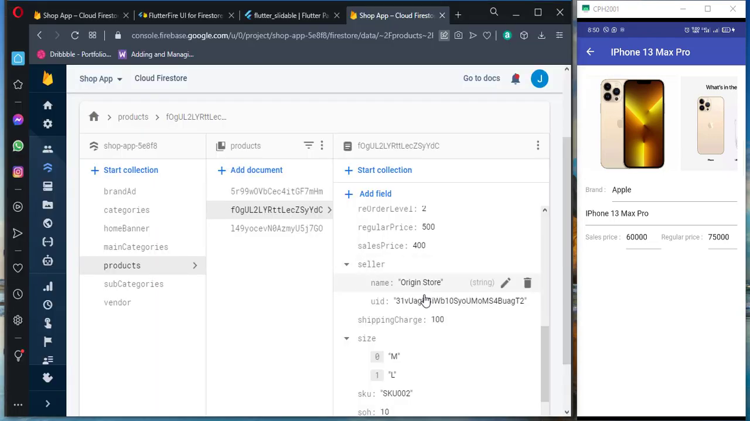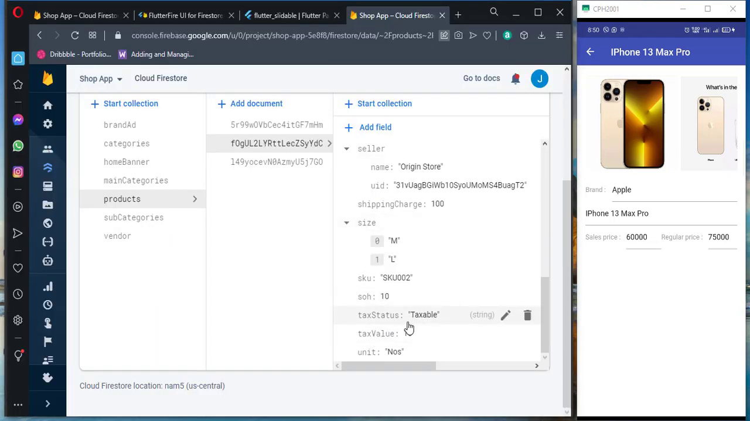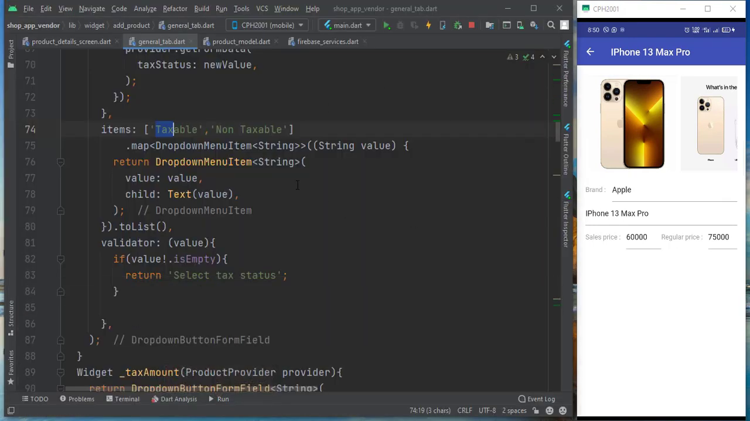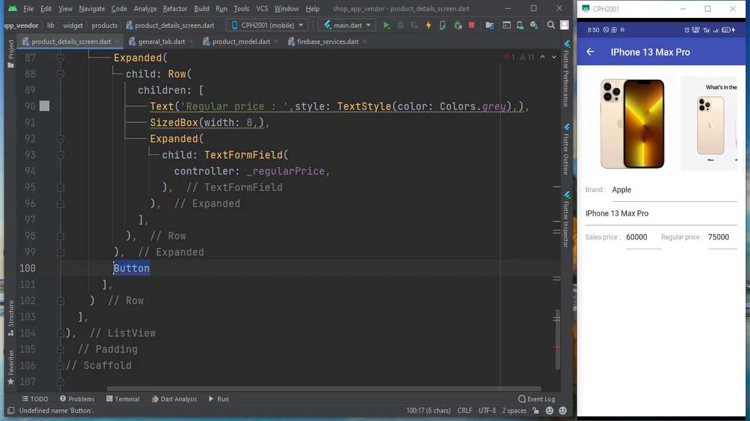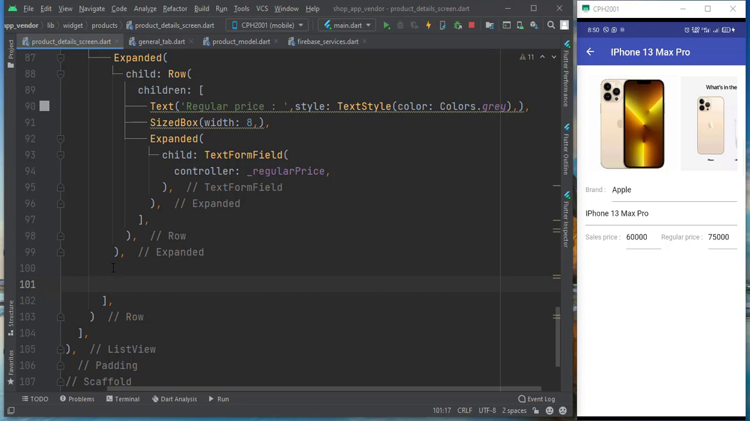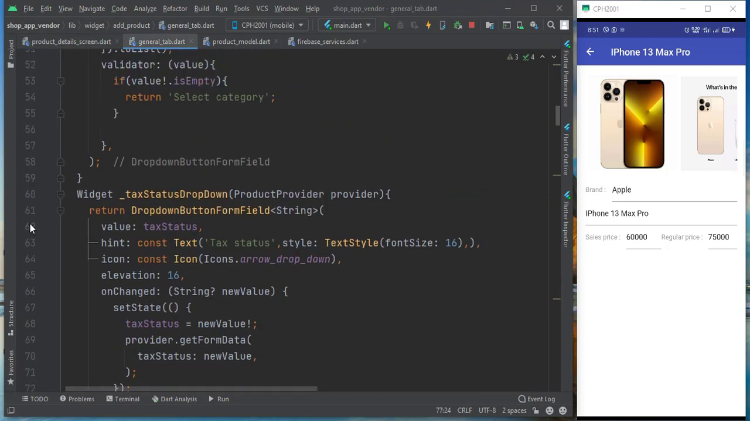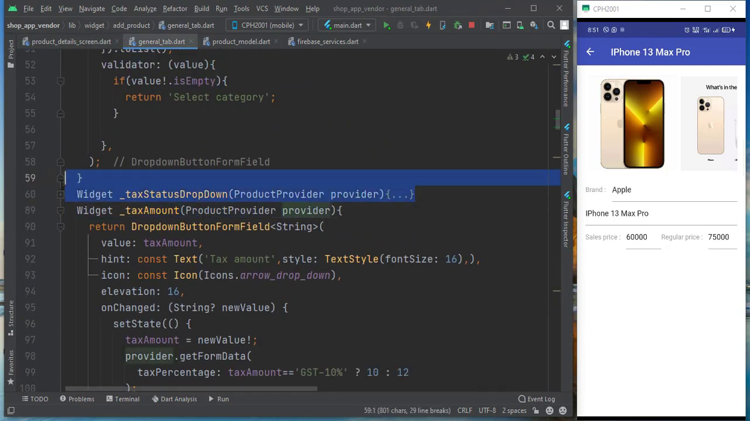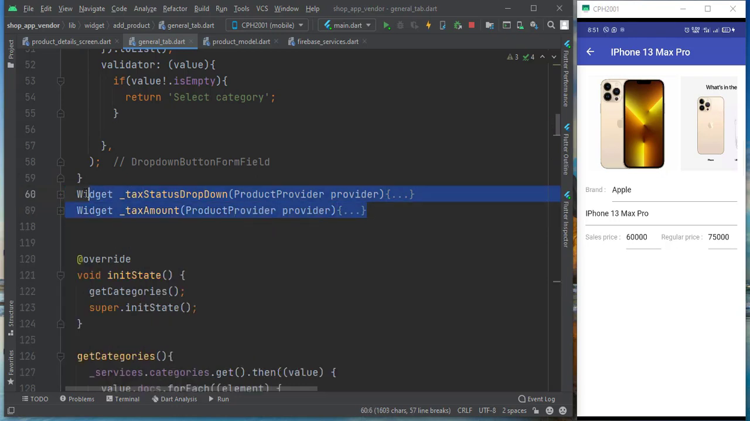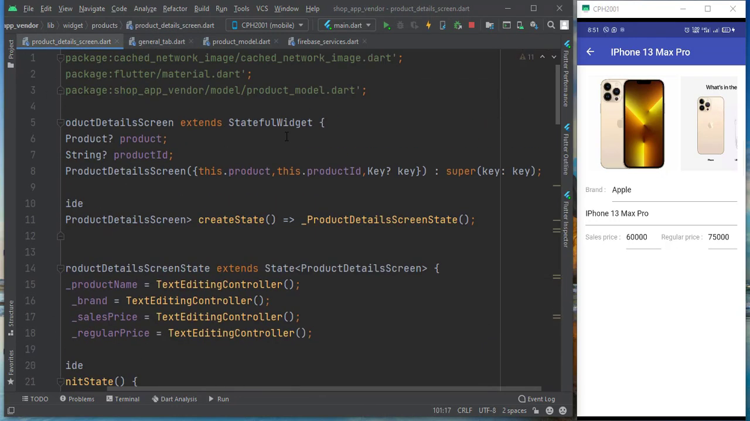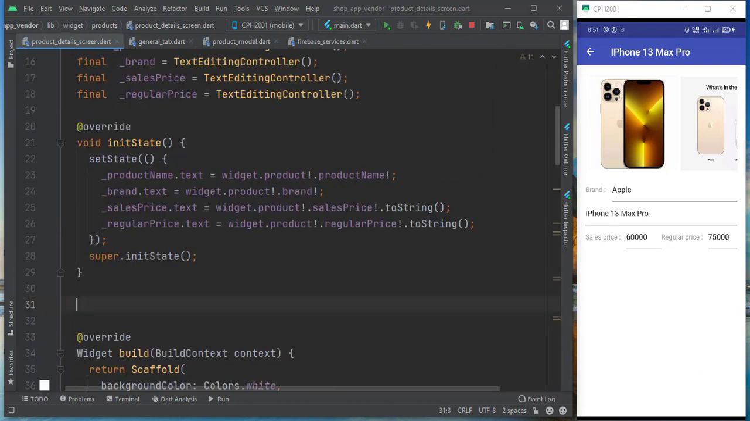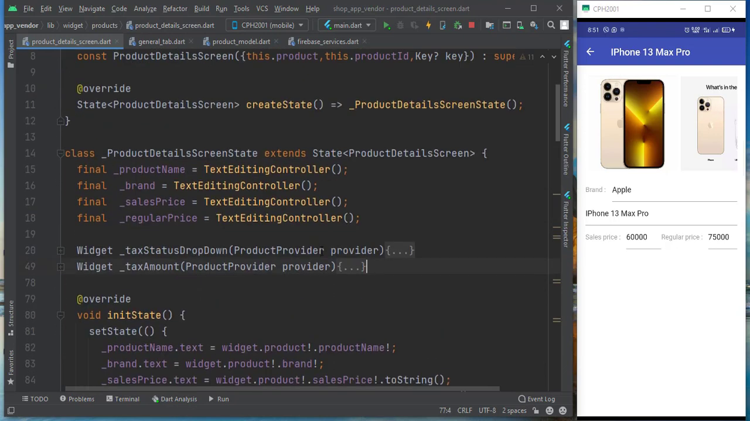So how it is showing here? It is showing as a value and text percentage. So how we can do that? Taxable and non-taxable. Okay, we can bring this drop down and tax amount also. Okay, copy paste, and here